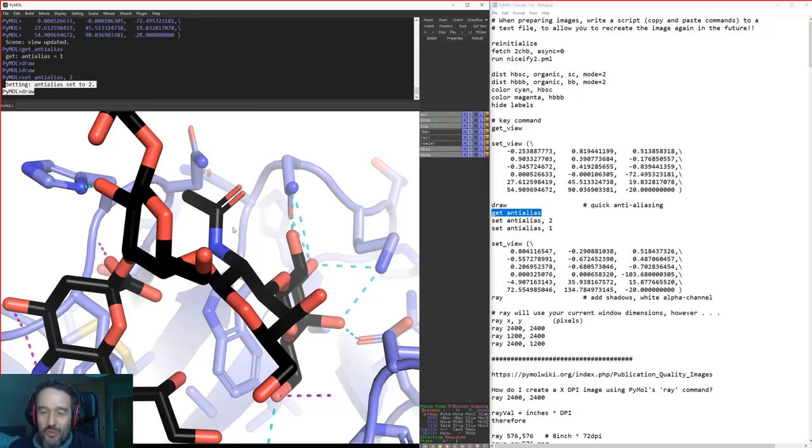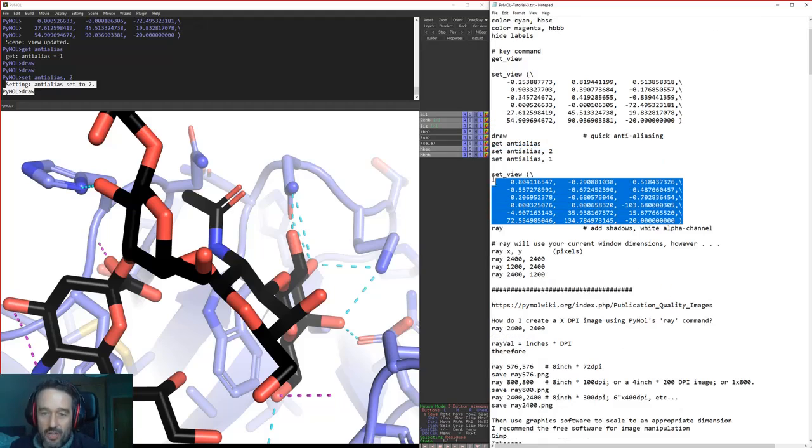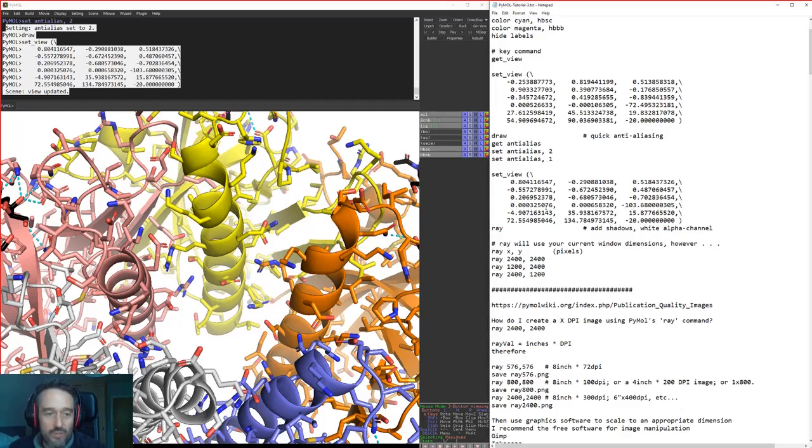Try that on your own version of PyMOL and you'll see that this is very good. Of course, the higher the anti-aliasing, I think it only goes up to 2, but if you're on an anti-aliasing of 2 and you're putting in various other functions as well, then that starts to eat into your CPU time for generating these images. When you're doing very basic things like using draw, the amount of time it takes your CPU to render these things isn't particularly difficult.